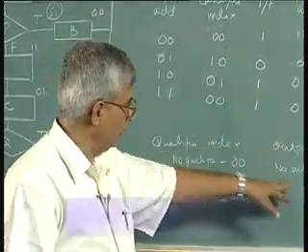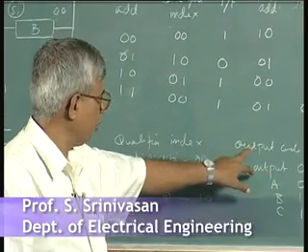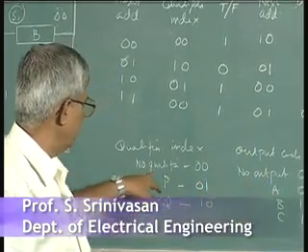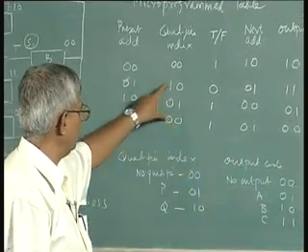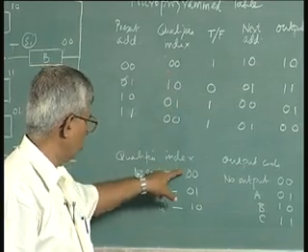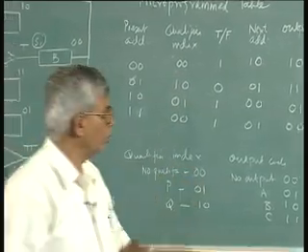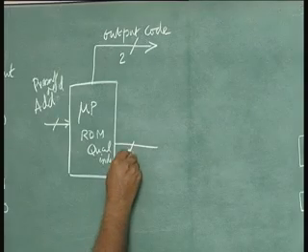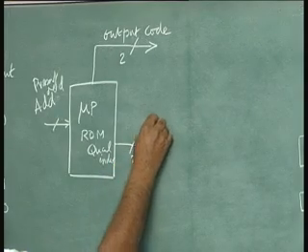Qualifier index is only 2 bits, even though there are 2 plus 1, 3 qualifiers, no qualifier, this and this, we are going to use 2 bits, and this goes to a multiplexer